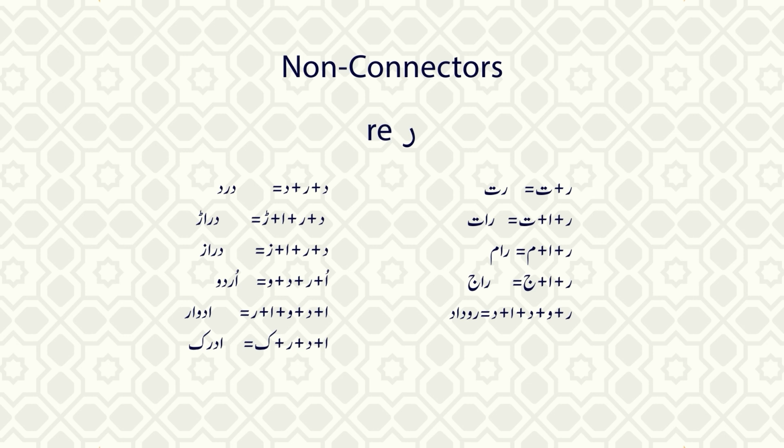Adrak, same. So what is the difference between connectors and non-connectors? When we use the words of connectors, many alphabets in connectors change their shapes. They turn into short forms. And what is non-connectors? When we use these alphabets in disconnected form, they do not change their shapes. We know that. And non-connectors also do not change their shapes when they are disconnected from each other. But when the alphabets of non-connectors are connected with each other,